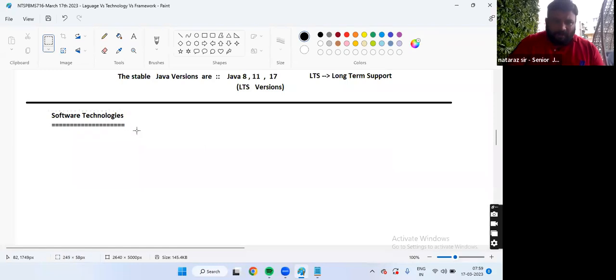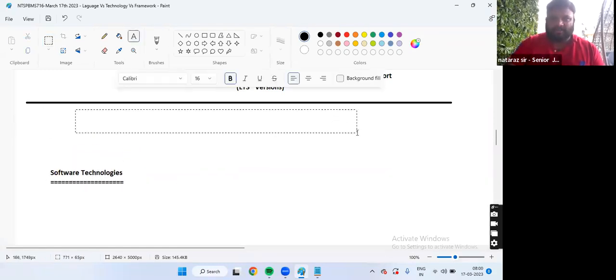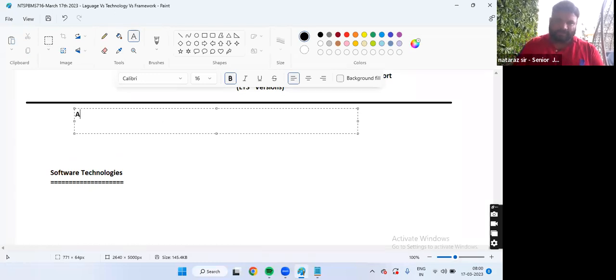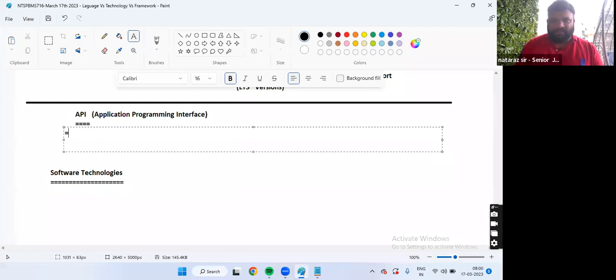Okay, guys. Before launching software technologies, I would like to talk about a few things about API. API means Application Programming Interface, right? Here the word interface is nowhere related to a Java interface or C# interface, guys.